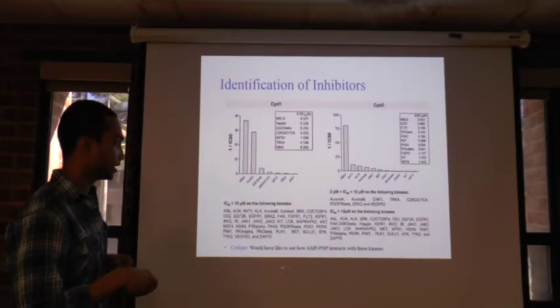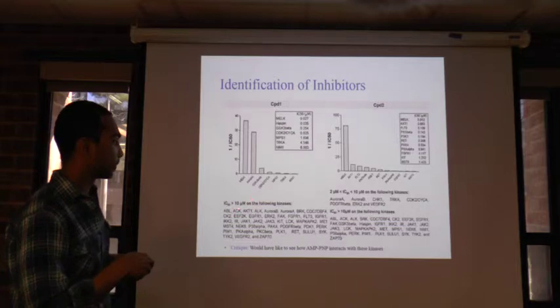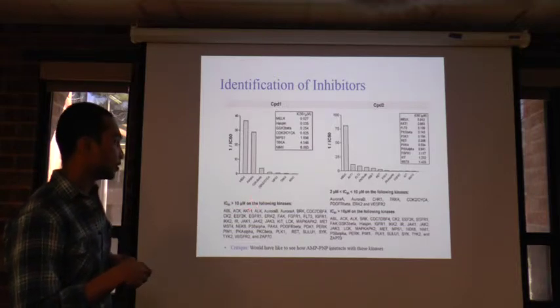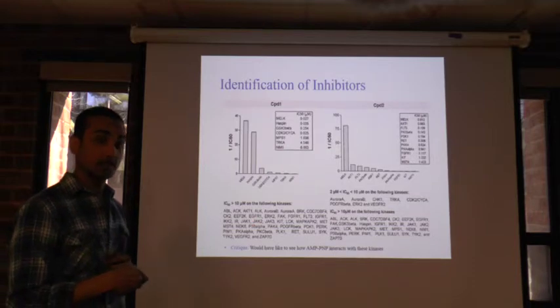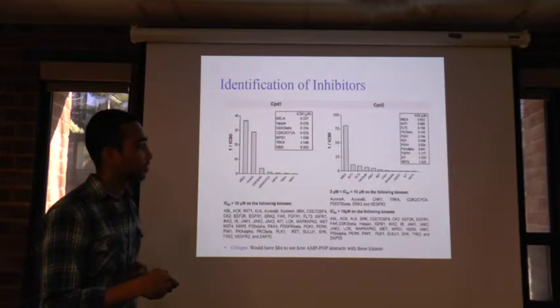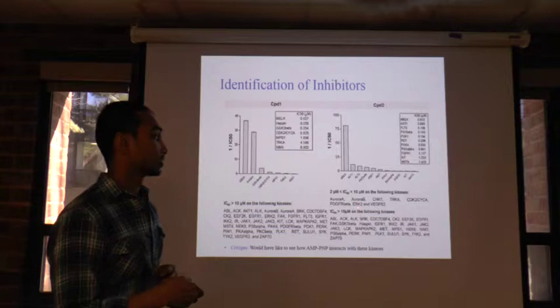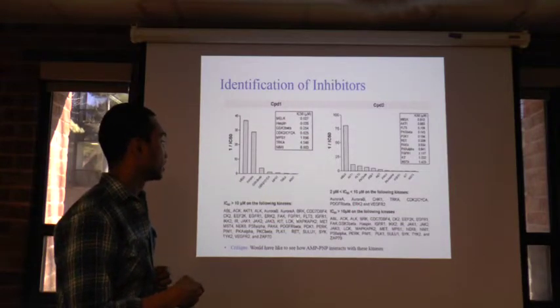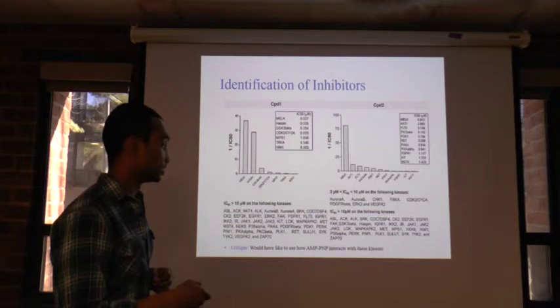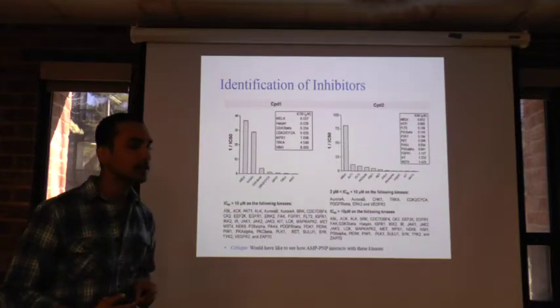Now here what we see is that CPD1 requires more than 10 micromolar on this many kinases among the 50, whereas CPD2 requires 10 micromolar concentrations on fewer kinases than were required for CPD1. Now here my critique is